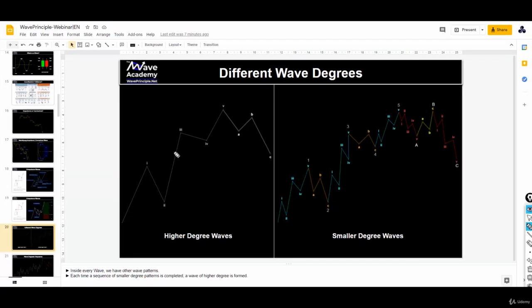And one thing about wave degrees is the size. The bigger the wave degree, the bigger the formation you're going to see. But smaller degrees will get the same patterns but smaller. It takes less time, less price range, and it looks smaller. So when you see a small pattern like an ending diagonal, it may not be the end of all the trend, but just the end of wave 3, or maybe wave 3 inside of wave 3. So be careful with sizes when you are watching corrective patterns.